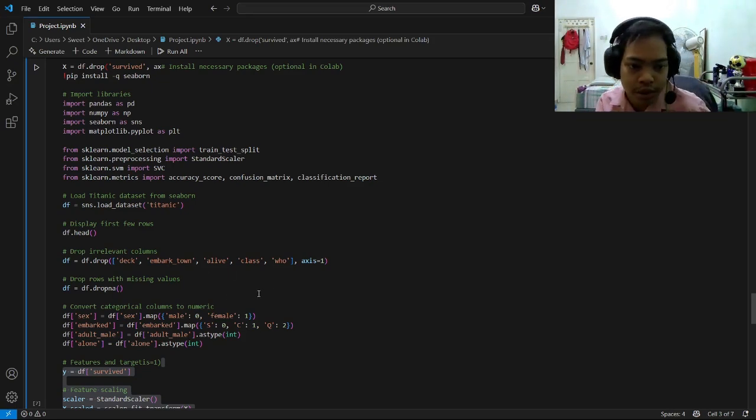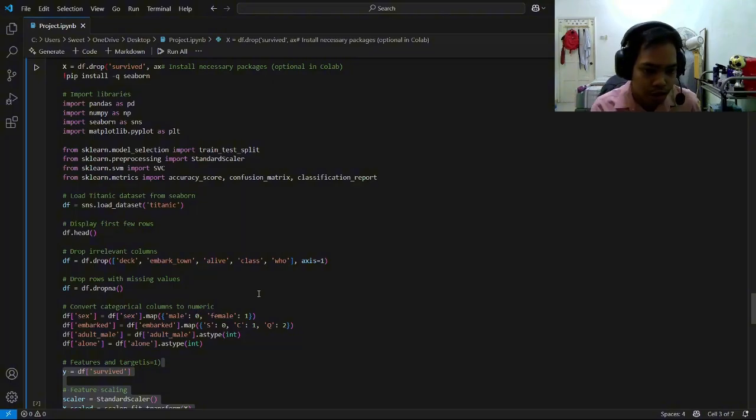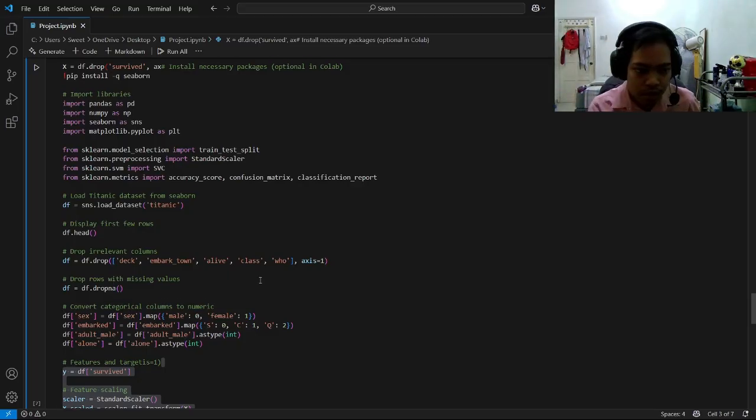Convert categorical columns to numeric. What does this mean? We change words into numbers because the computer understands numbers better than alphabets. And then we go to